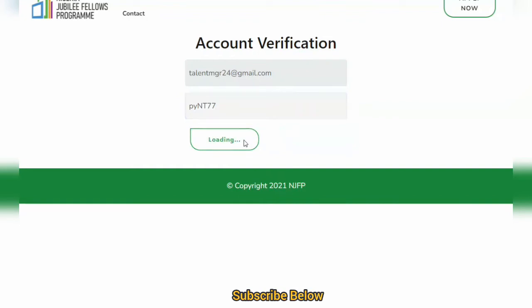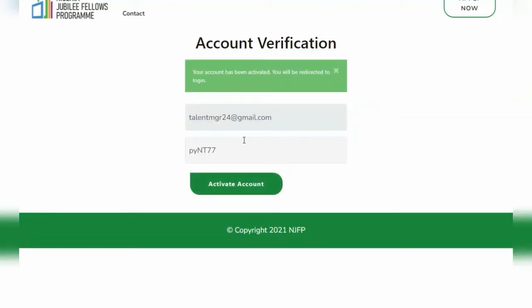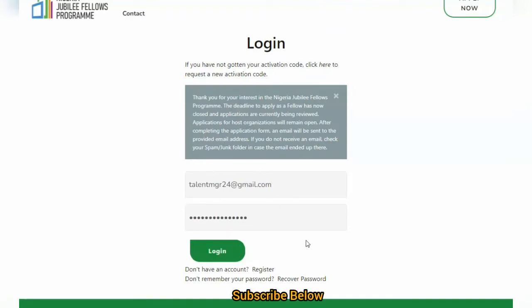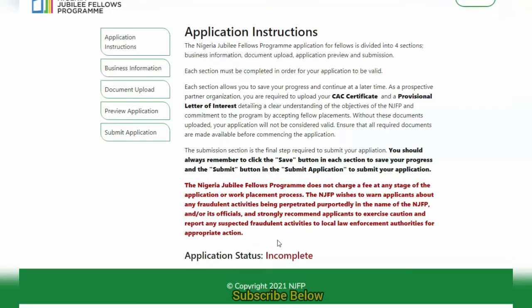So you need to activate your account. Once you activate your account, you get access to the menu where you can now put in the details about your organization. So I'm going to click on login now. Okay, so this is it. So you can see now